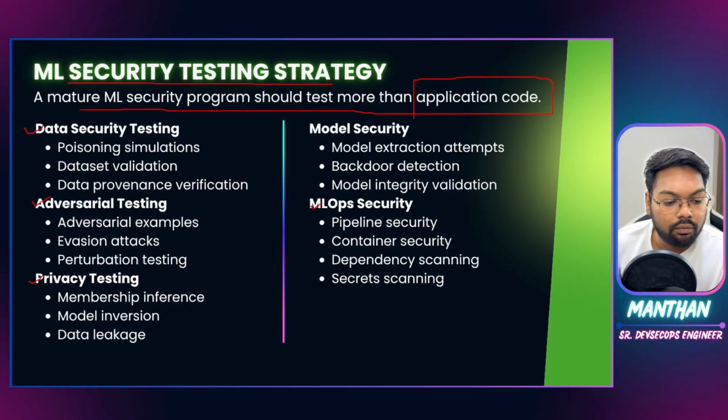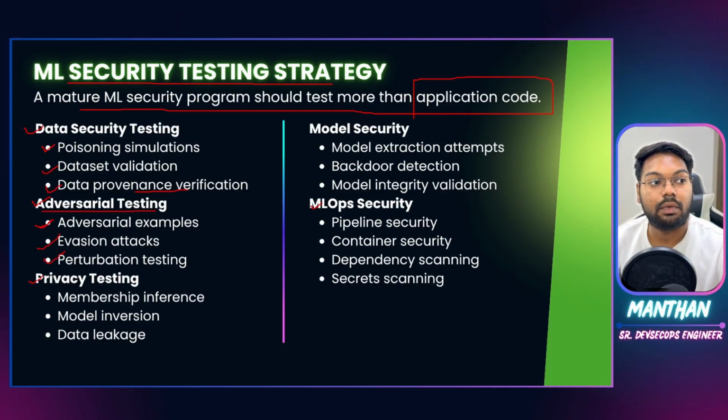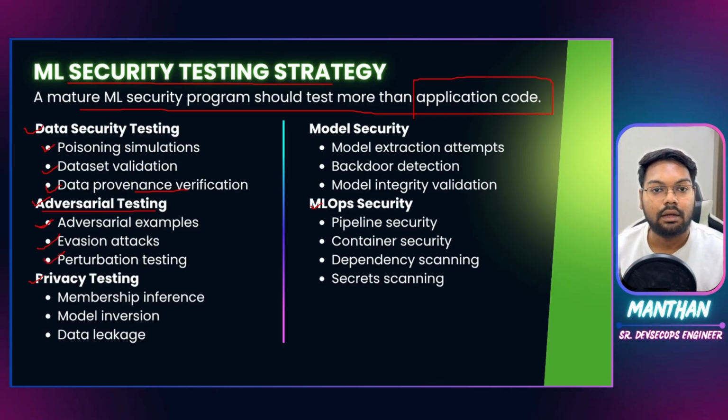So we can do data security testing, adversarial testing, privacy testing, model security, and ML ops security testing. So we can do poisoning simulations on the dataset that we have. Then dataset validation and dataset provenance and verification is what we can do. Then adversarial testing is like you can check evasion attacks, perturbation testing, and adversarial examples, where you can try and